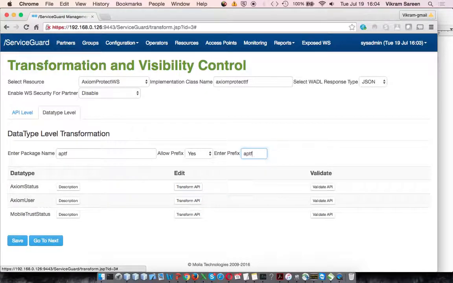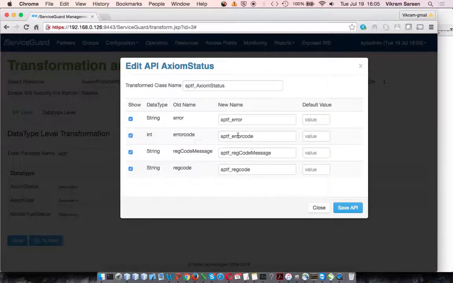Yeah. And I'm just saying transform here. So these are the particular data types which are inside the XM Protect. So I can change the name if I want. I can also change the names. Okay, it has pre-generated for me, but I can actually do it differently. And then